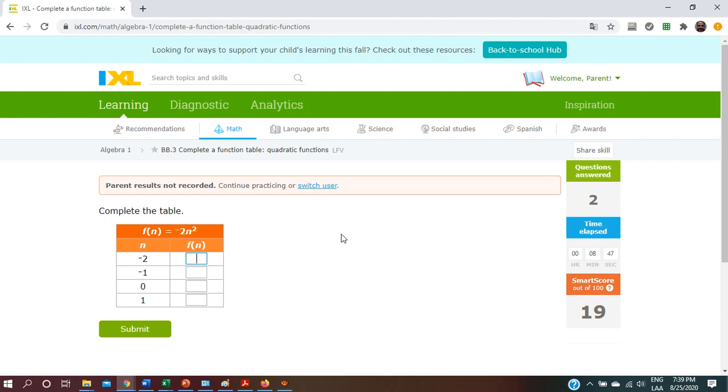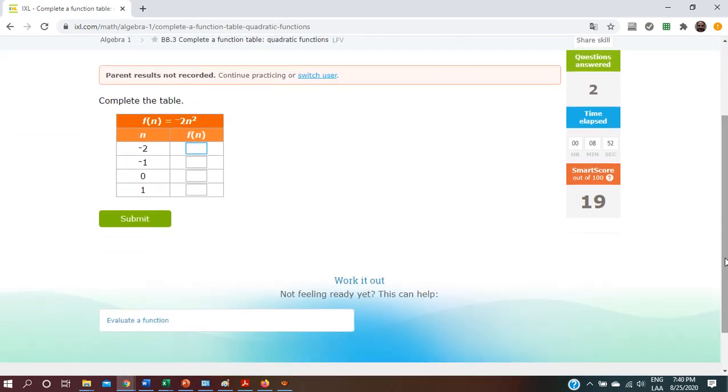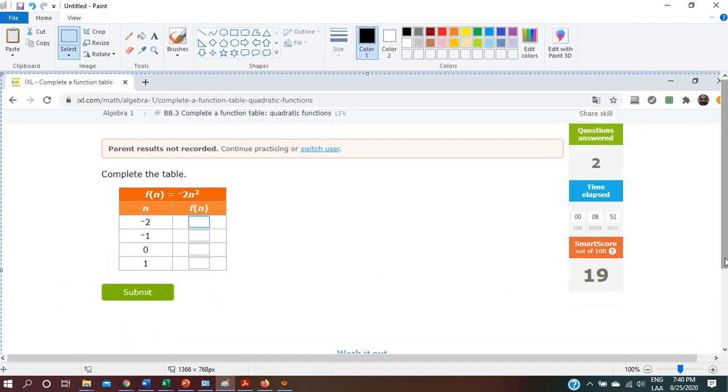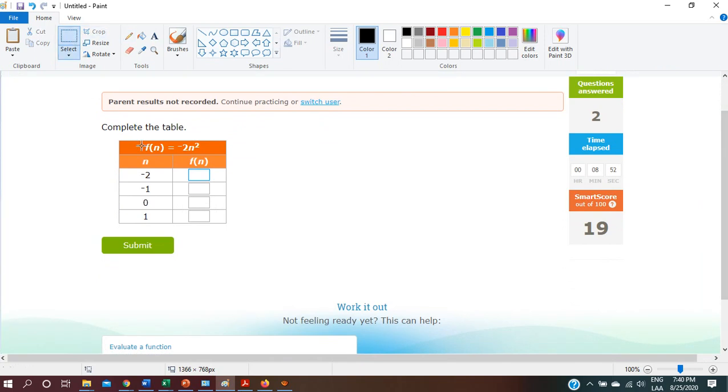Okay, so let me just go a little bit down, print the screen, get a new one. All right, so we have this. Let me copy the function or equation so I can have it repeated over here. All right, so now y, remember this function of n or f of n is the same as saying y. Okay, so y equals